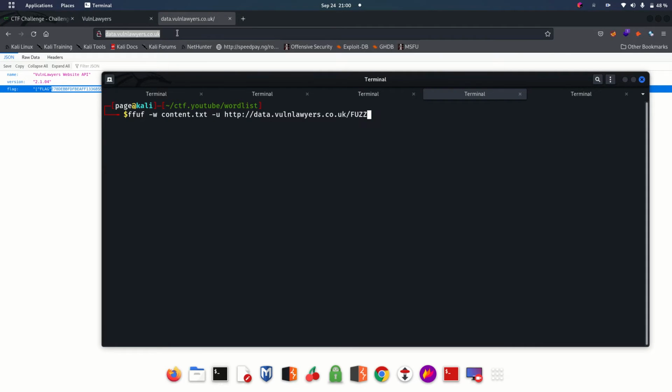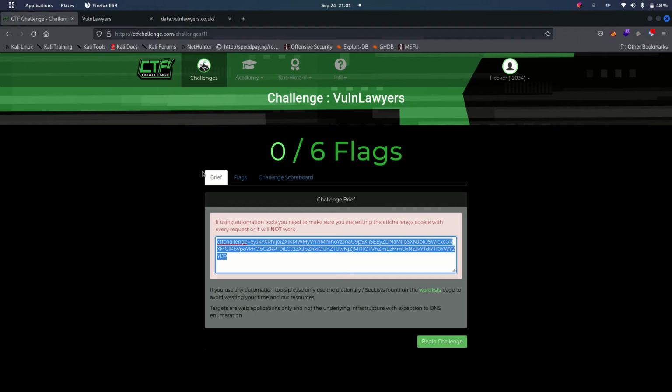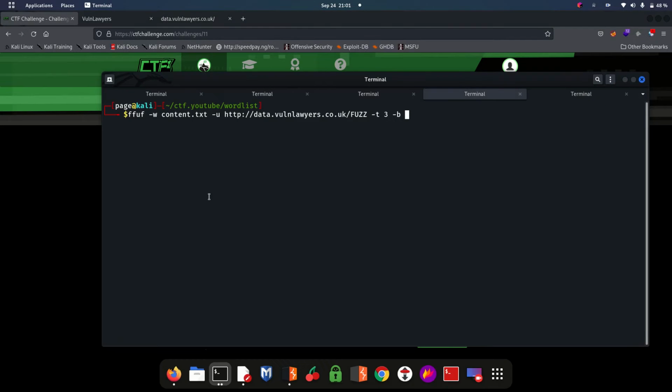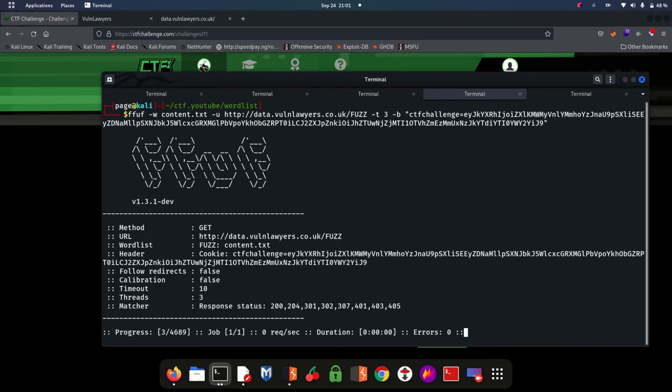Then using the first keyword where the content.txt is going to be, the thread, let's say I'm using thread 3 because I don't want it to be too fast and flood the website. Okay, I'm now going to use the -b flag for the cookie. Go to the ctf cookie here, copy it, then paste it here. Okay, let's hit enter,